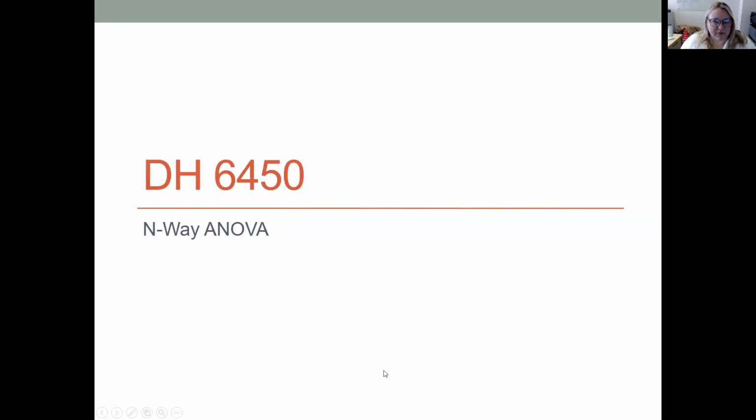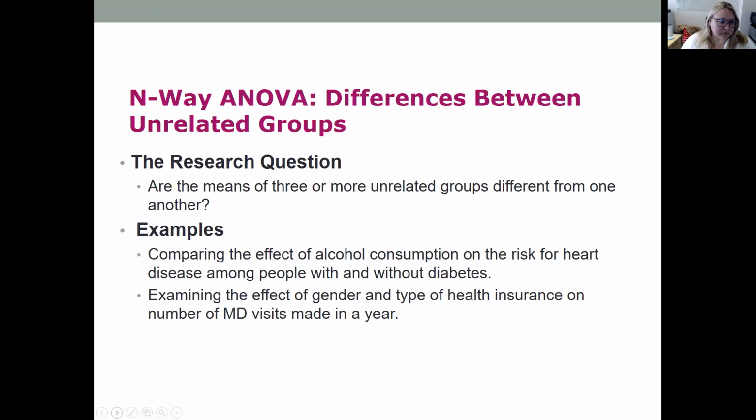So I want to share just a little bit about the Way Anova today. So the Way Anova helps us find differences between unrelated groups. And when the research question has three or more unrelated groups different from one another, we need to use the Way Anova. So some examples might be comparing the effect of alcohol consumption on the risk for heart disease among